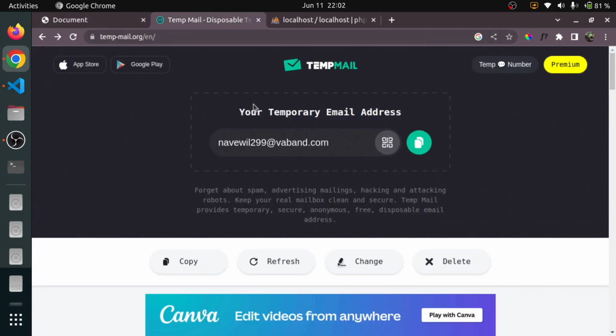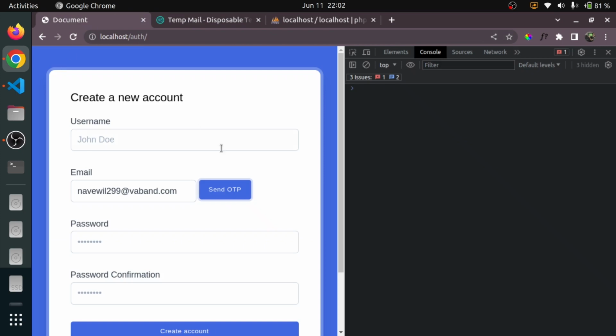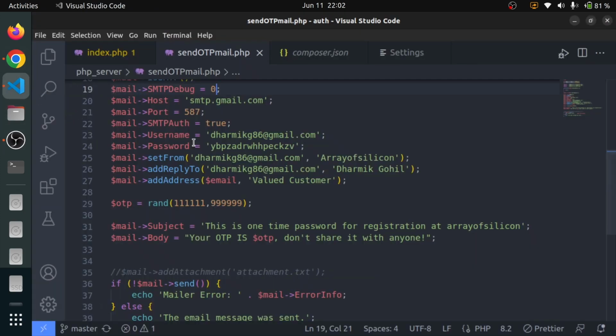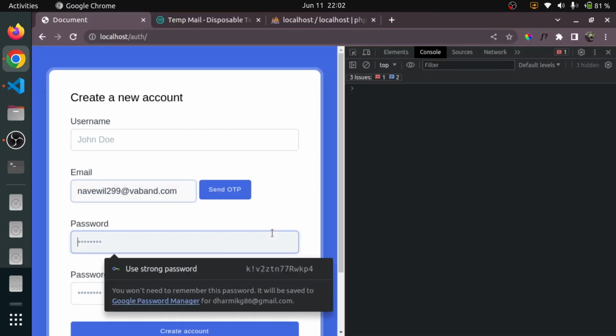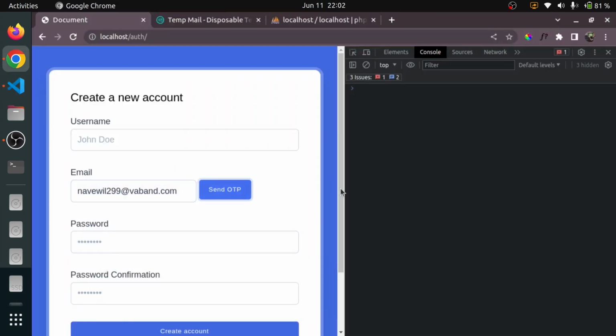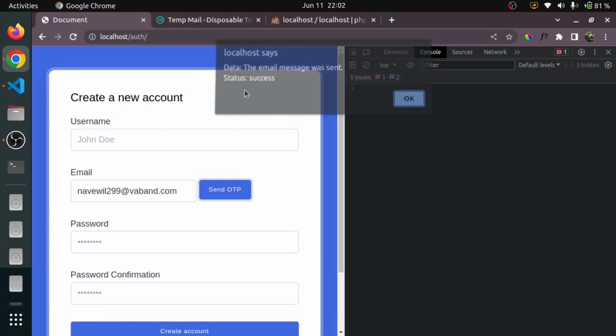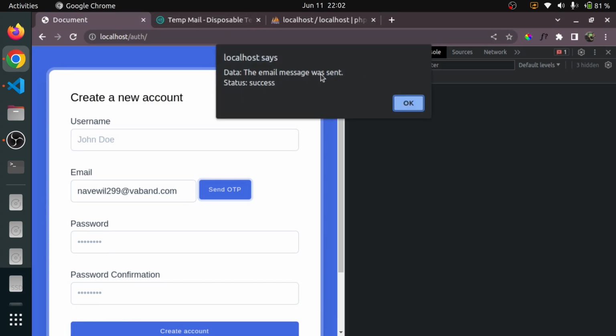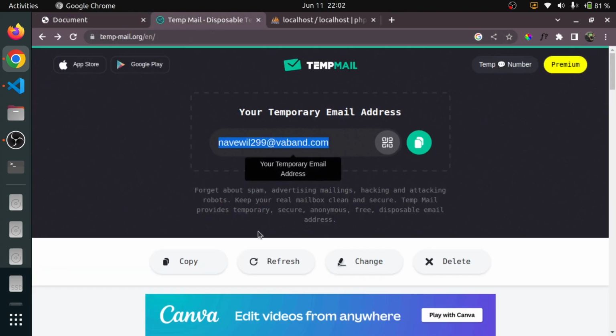So let me test again. I'm going to copy this and paste it here. Okay, so right now we have just disabled the SMTP debug, you can see, and I will click on send OTP, and you will see what will happen. It will take some time, and you can see the email was sent and status is success, and we will say okay, and